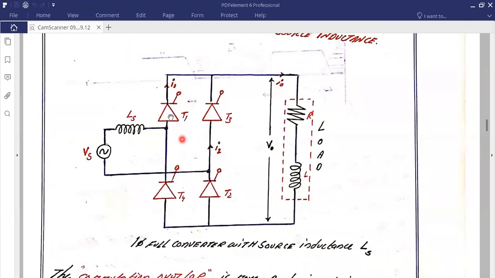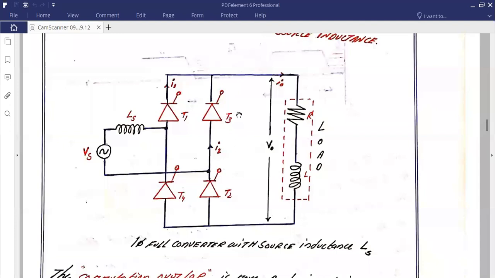So as we discussed in the last session, out of these four devices, one pair of devices is considered the outgoing devices, and the other pair is considered the incoming pair of devices, isn't it? The outgoing pair of devices are the devices which are ready for commutation. The incoming pair of devices are the devices which are ready to conduct. Okay, so as the supply voltage is reducing, what will happen?